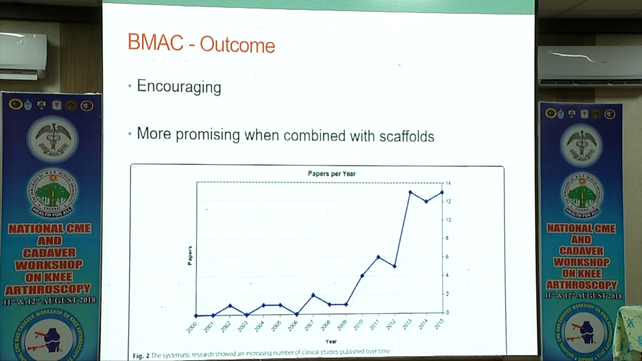So what is the outcome? How has the BMAC fared in the last few years? It's been encouraging and promising. You can see in the graph that only in the last couple of years, more and more papers have been published about the outcome of bone marrow. Before that, only occasional and anecdotal evidence was there. And also the outcome of BMAC has been very much improved when you combine it with a scaffold. Isolated BMAC alone is only giving moderate to good results, but when you combine it with scaffolds, it gives